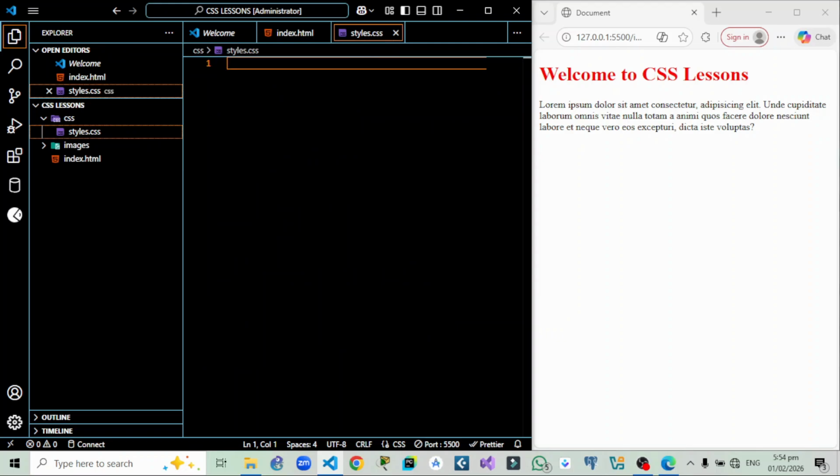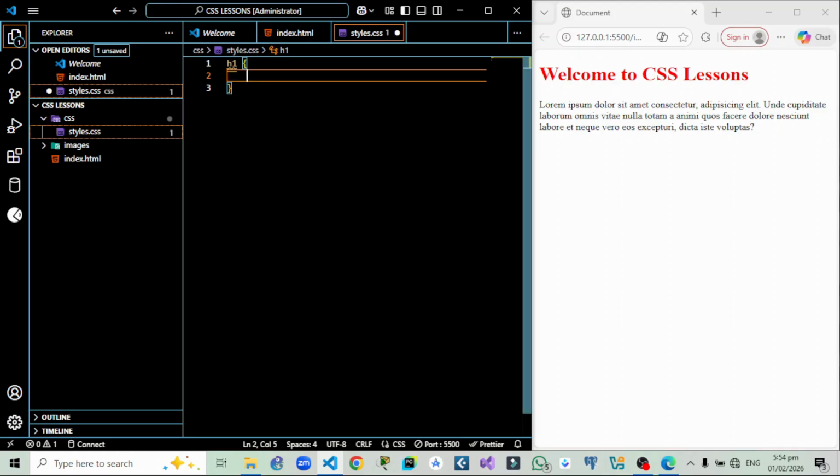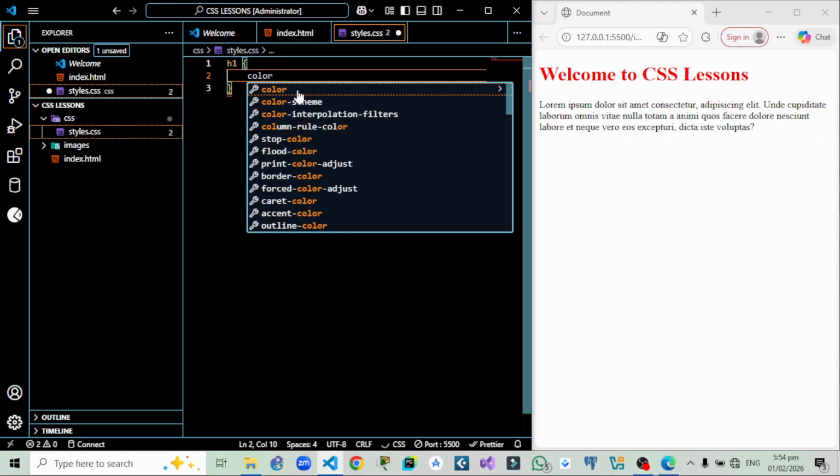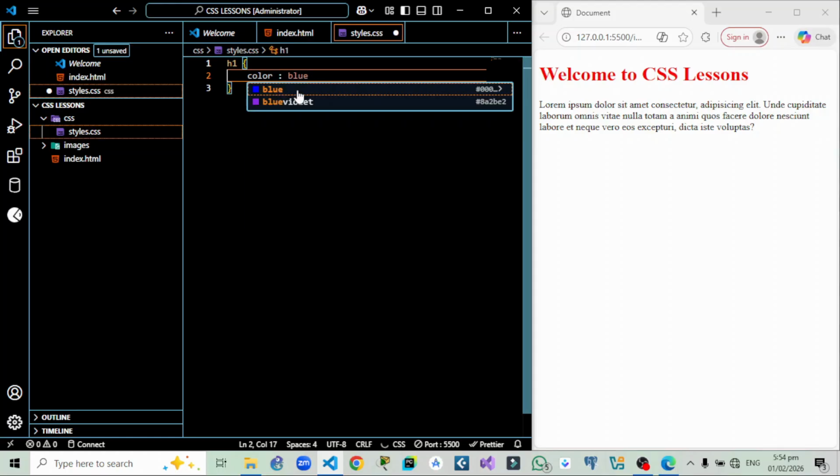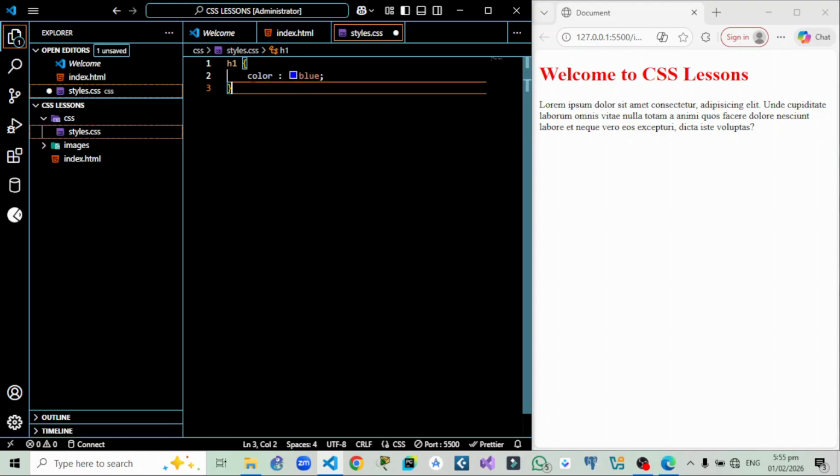I'm going to use the same h1, bring a curly bracket, and still change the color to blue and end it with a semicolon. So I've made another declaration for the same element. I save it. Now you see that nothing happens on our page because we have not linked the styles.css file